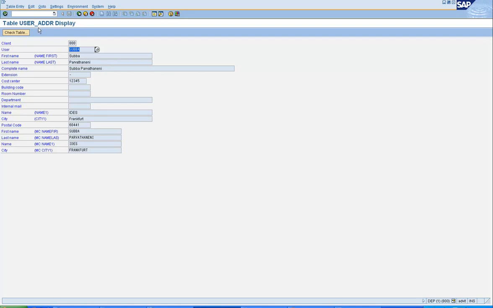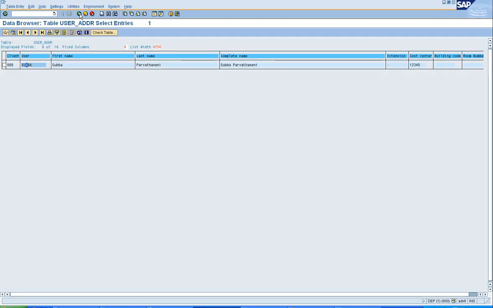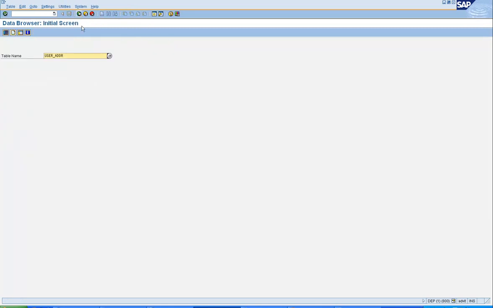And in the case of user underscore ADDR and USR02, the key field is the user ID. So USR02 gives you the logon information, and user underscore ADDR gives you the last name and the first name information. Now cost center is something that you get additionally from user underscore ADDR.